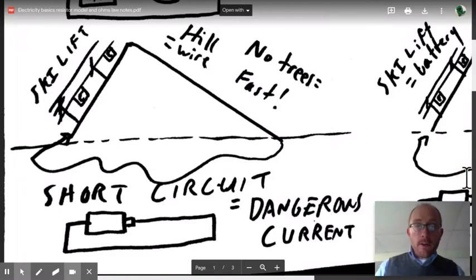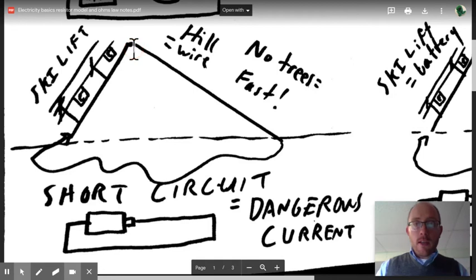Hey everybody, let's talk about how electrical circuits are like ski resorts. So here's the thing. When you're talking about electrical potential, it's helpful to talk about gravitational potential as a basic model for what we're talking about. So if you look at a ski lift, what a ski lift does is it adds gravitational potential